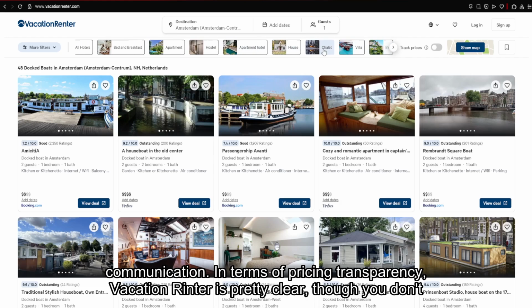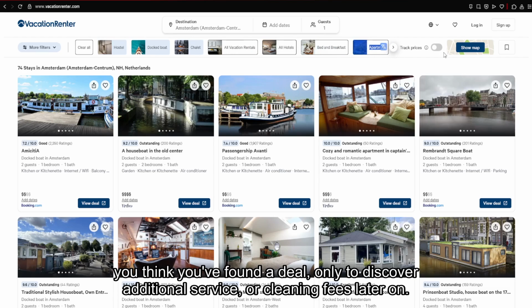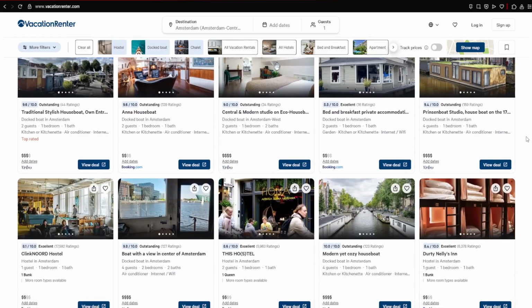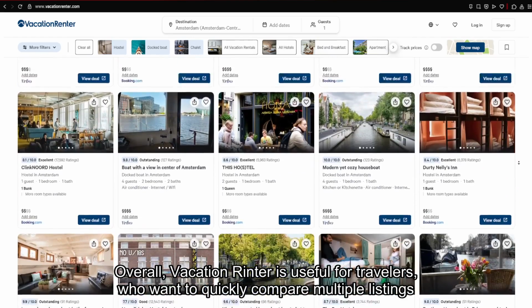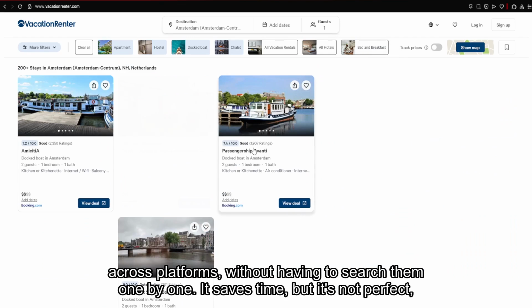In terms of pricing transparency, VacationRenter is pretty clear, though you don't see the final total until you're redirected to the booking provider. This can be misleading when you think you've found a deal, only to discover additional service or cleaning fees later on. Overall, VacationRenter is useful for travelers who want to quickly compare multiple listings across platforms without